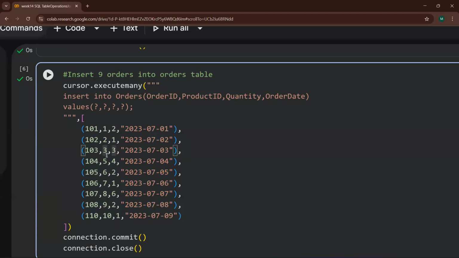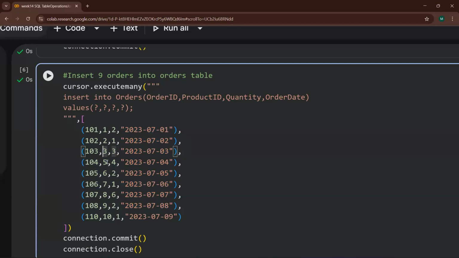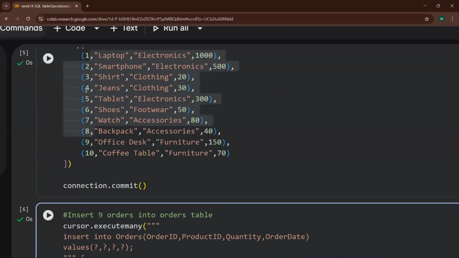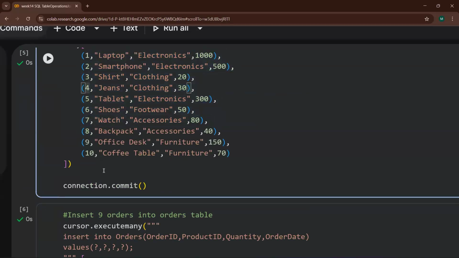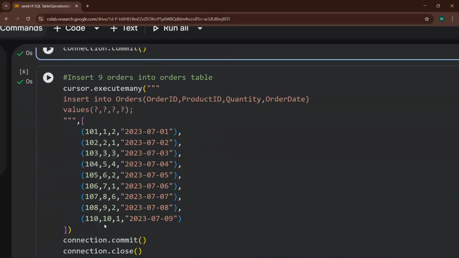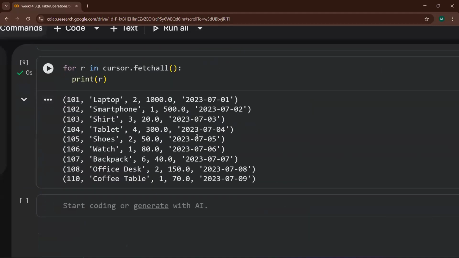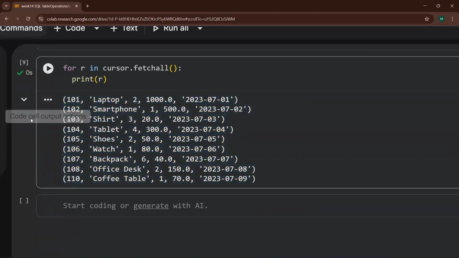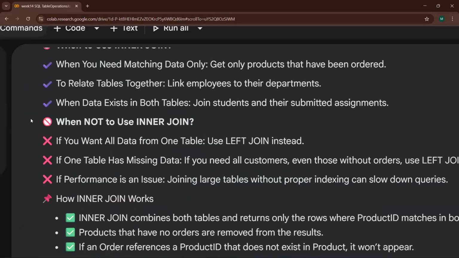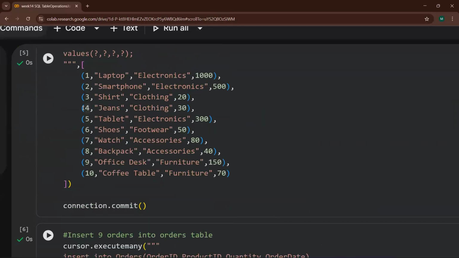Like if you see, 4 is not there in this order ID column, but 4 is there here. And 4 is not there here, so you will not see that particular row as well. And that 4 row was having jeans in it, na?